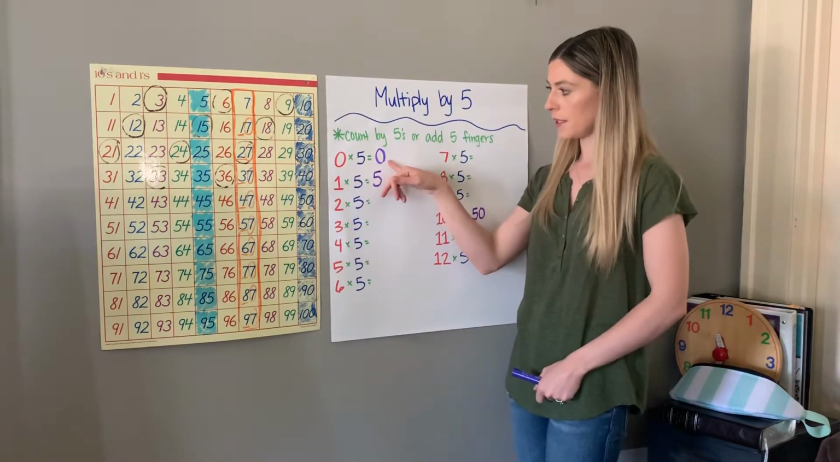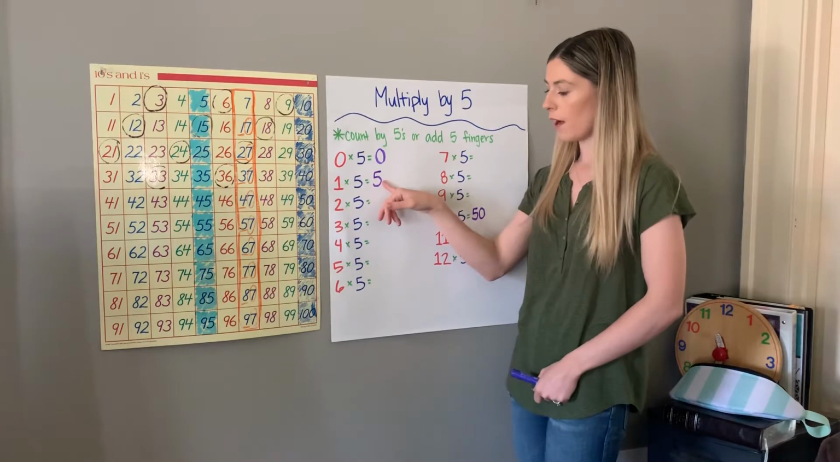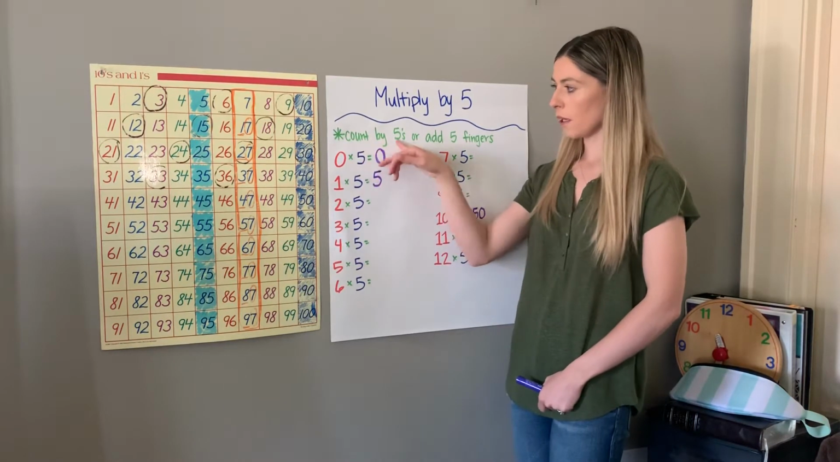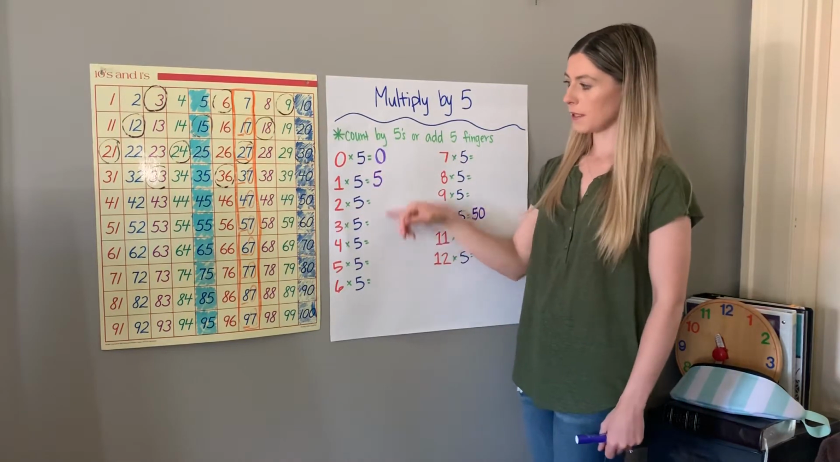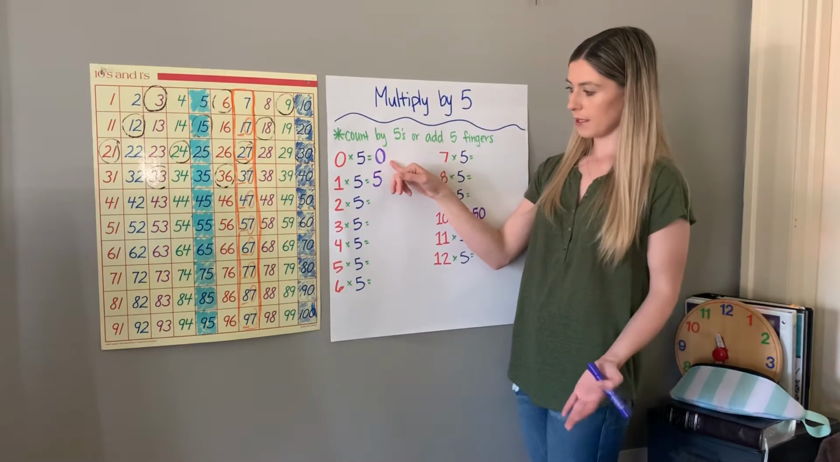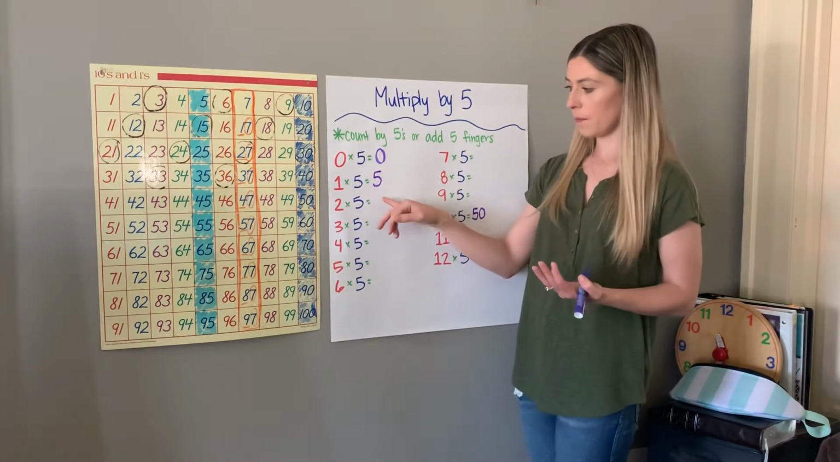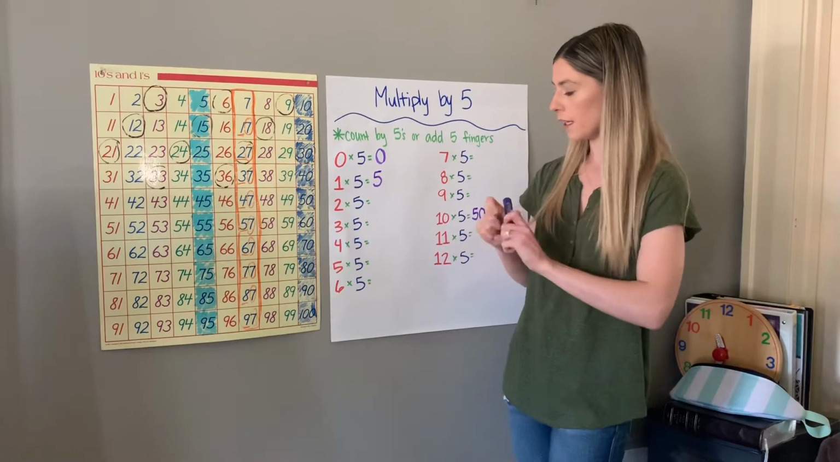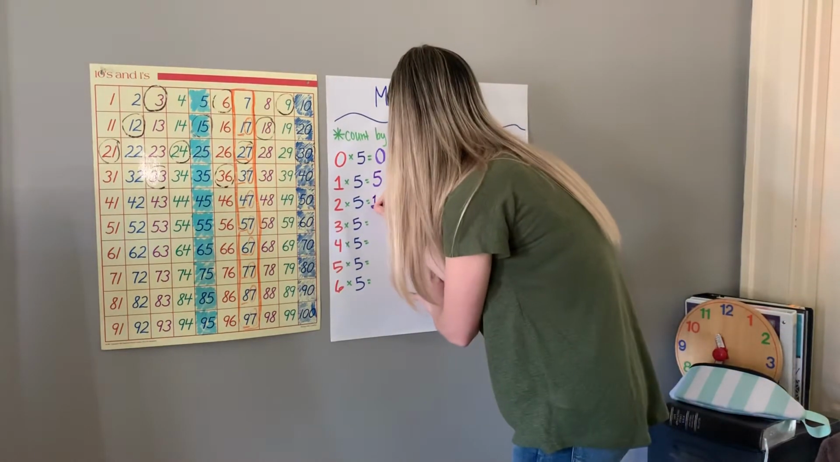0 times 5 is 0. 1 times 5 is 5. So if I'm skip counting by 5s, I have 0, obviously, then 5. 5 more would be 10. So 2 times 5 equals 10. If I wanted to check,